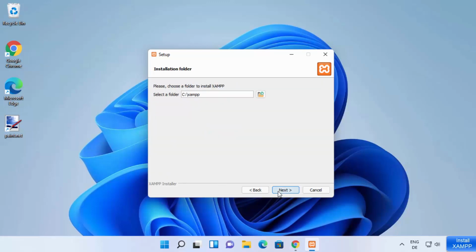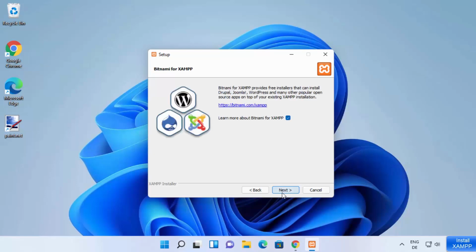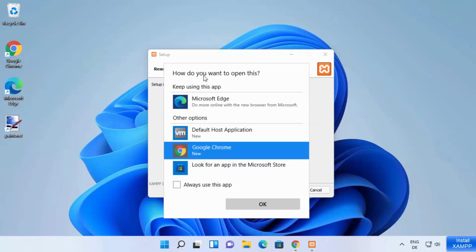on next. This will be the location where XAMPP will be installed. If you don't have a good reason to change this location, just leave it as default and then click on next. Then you can choose the language in which you want to install XAMPP server. I'm going to select English here and then click on next and then click on next. At this point it says, how do you want to open this? I'm going to select the browser of my preference, which is Google Chrome, and then click on OK, which